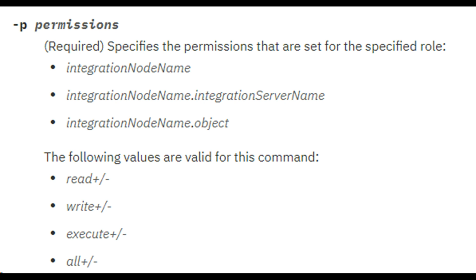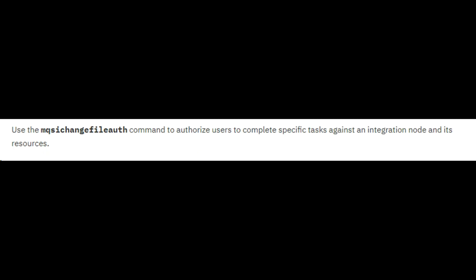So MQ file, what is the command? AUTH. I only see MQSI change authority. I'm telling you these commands and these configuration steps from my memory. Okay, give me a minute. It's MQSI change file auth. Yeah, correct. I cannot give you the exact command and the exact argument because I don't have the system in front of me. I'm just telling you from memory. This is a good one.